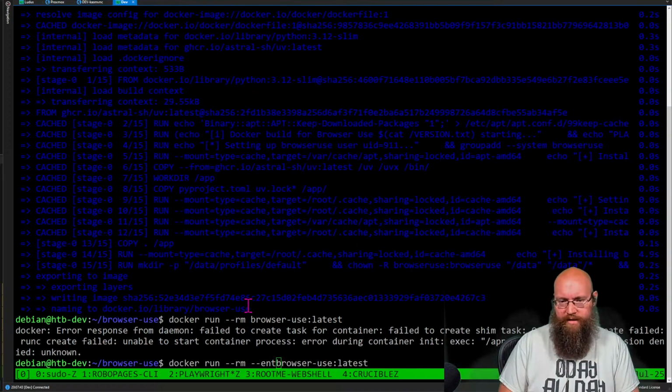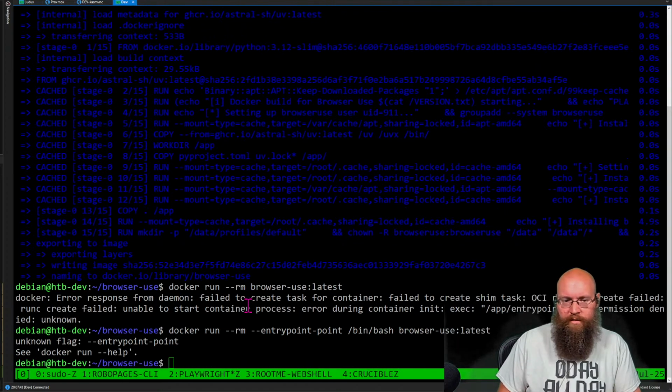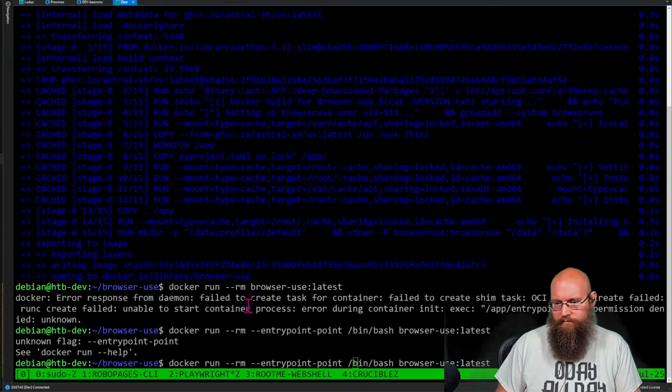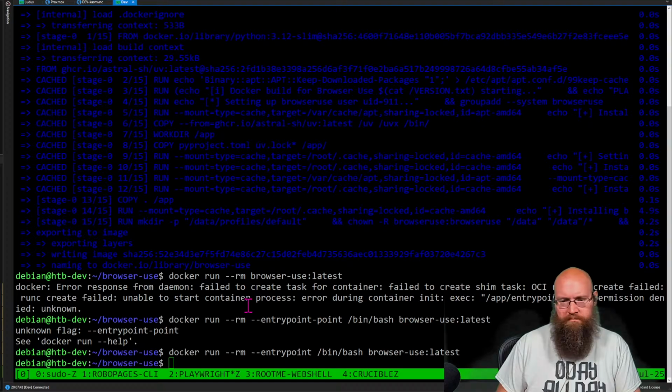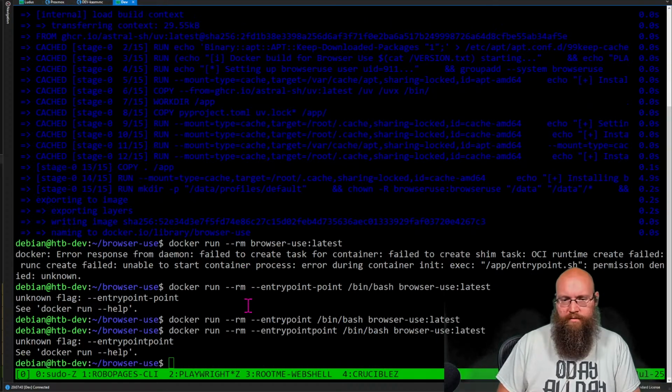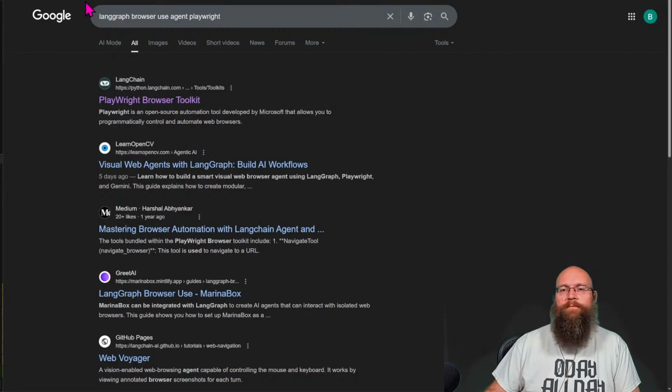I think we do --entrypoint, and just give it like bin/bash. Is it entry? Oh, that's not it. Damn it, what is this?